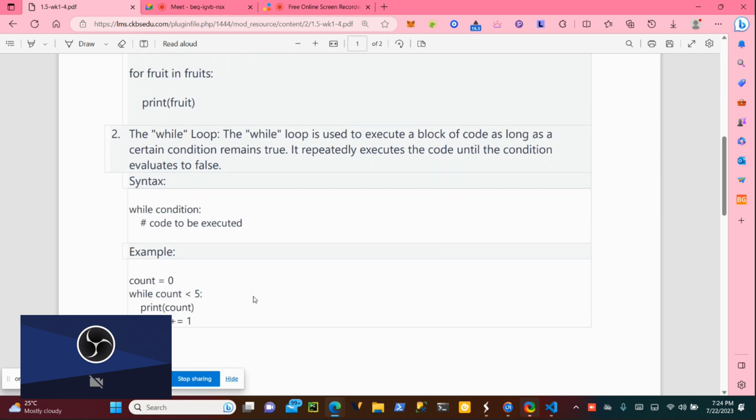Okay, so this is the syntax. You can start with your count at 0. So I say while count is less than 5, print count. Print count is going to print the number, so it's going to print 0 up to 5, right?